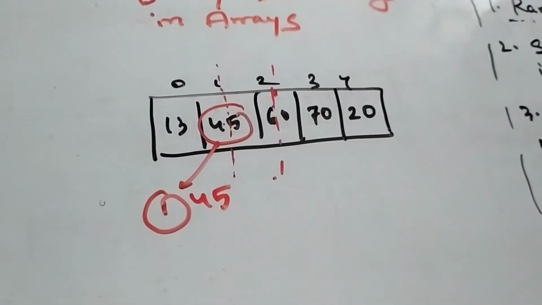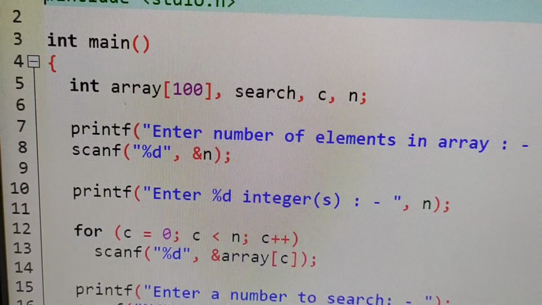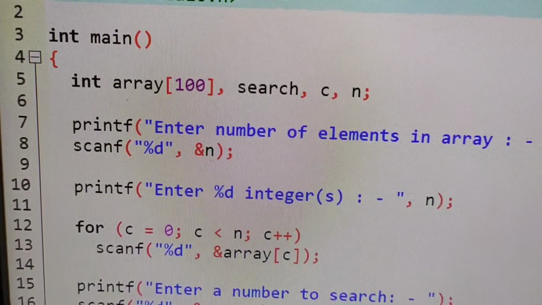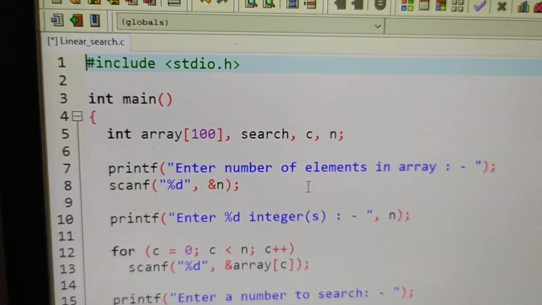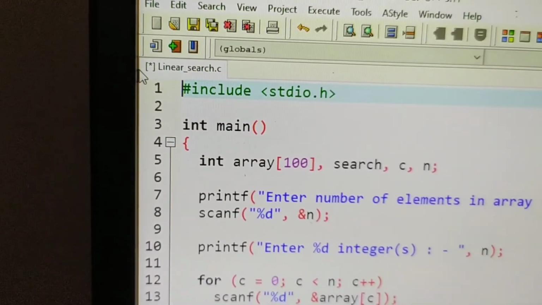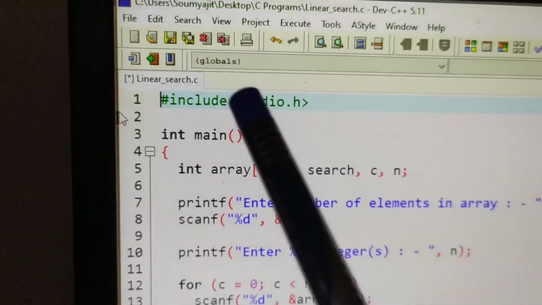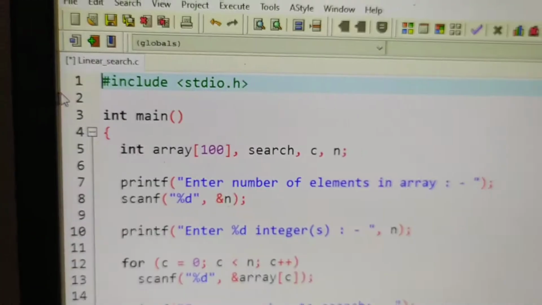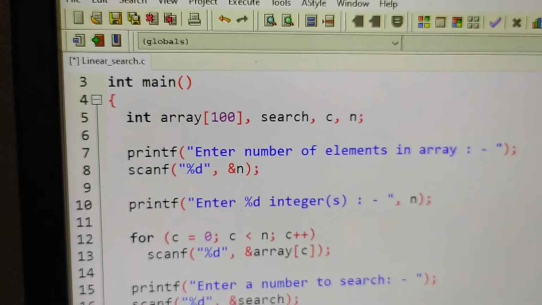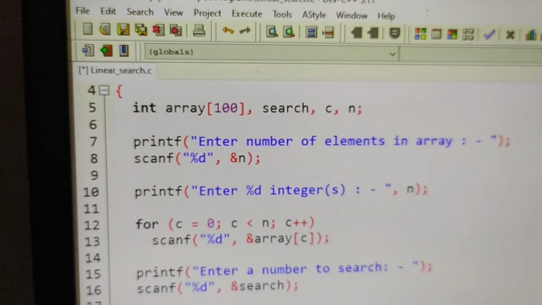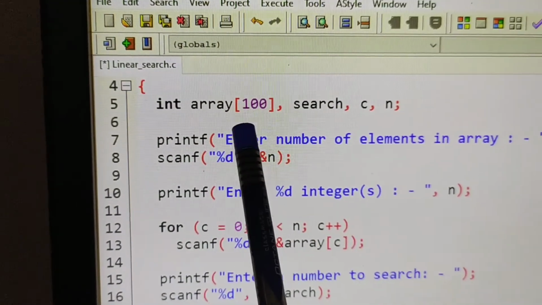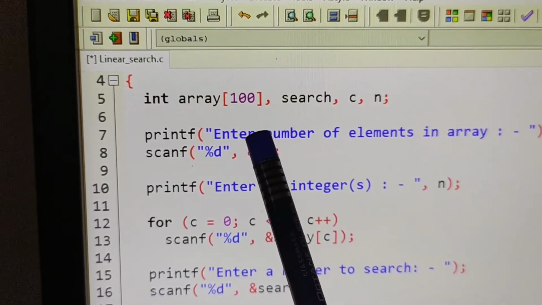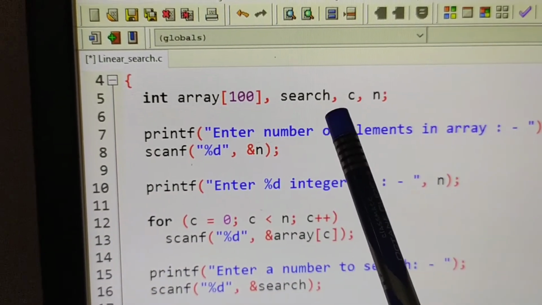Now I am explaining with the help of a program. Here I have written a program based on linear search, and I have saved it as linear search.c. I have taken an array consisting of 100 elements, and variables search, c and n.